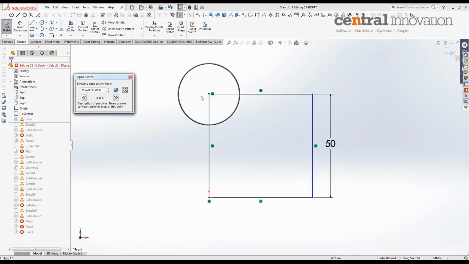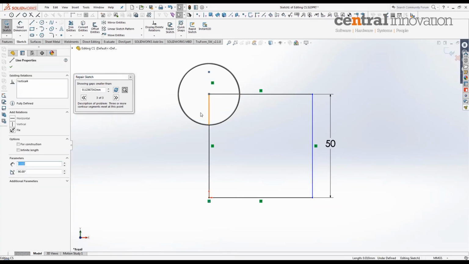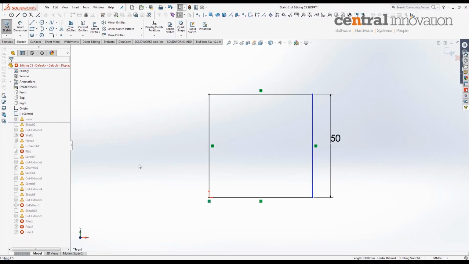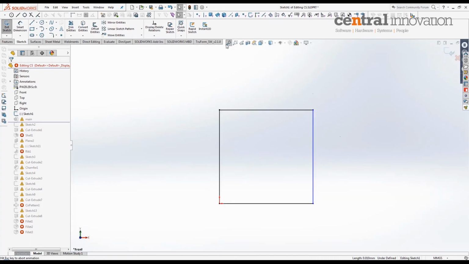So it shows me that there's another problem here at this corner. I'm going to zoom in a bit more and delete this extra bit which is jutting out, and I'm going to refresh. So the next is, it tells me a small entity, is it intentional, and it doesn't seem to be within this sketch. So what I need to do is simply close this repair sketch dialog box and press the F key on my keyboard, or alternatively you can go to zoom to fit on the top orientation menu,